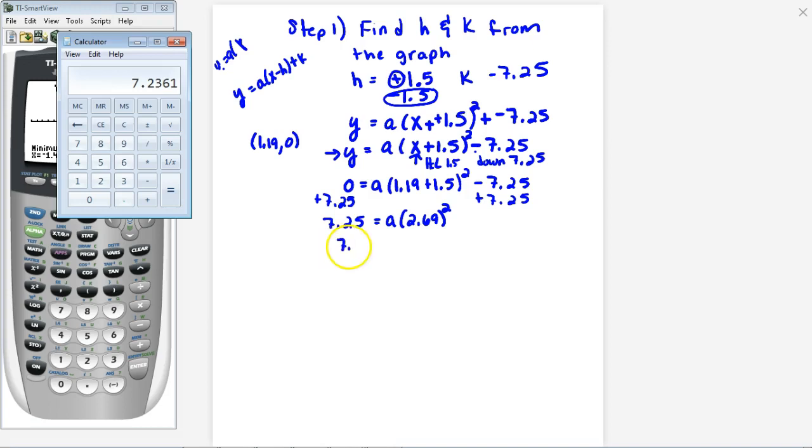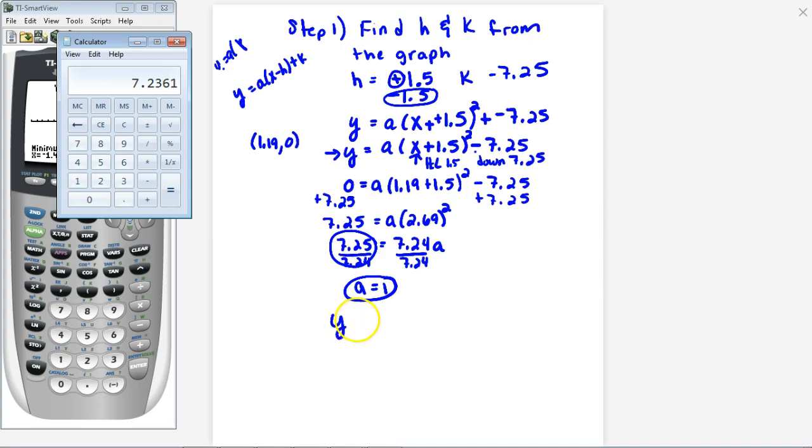So 7.25 equals 7.24 times a. So if I divide both sides by 7.24, well, this is almost 1, right? And I'm pretty sure that it is 1 since I rounded those numbers from the graph. So I'm going to say my a is equal to 1. What does that mean for my equation? What that means, ladies and gentlemen, is